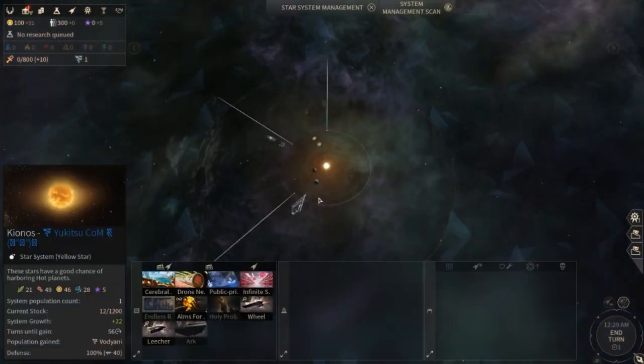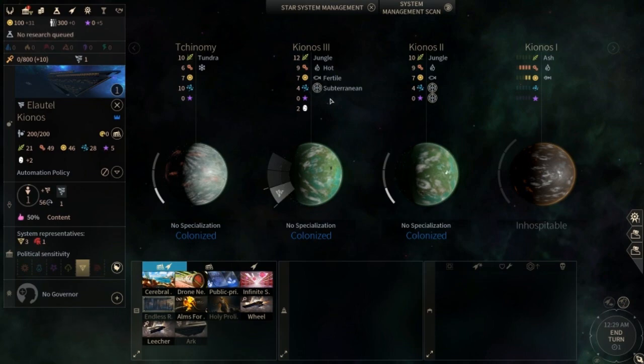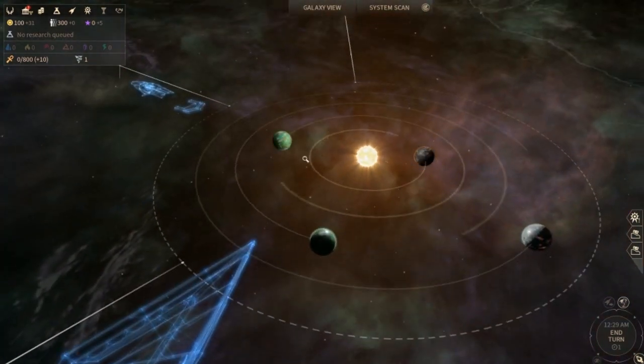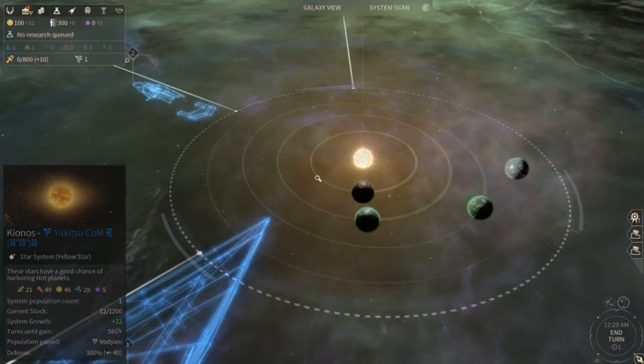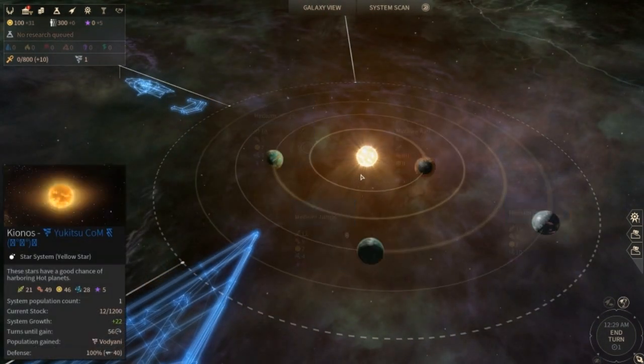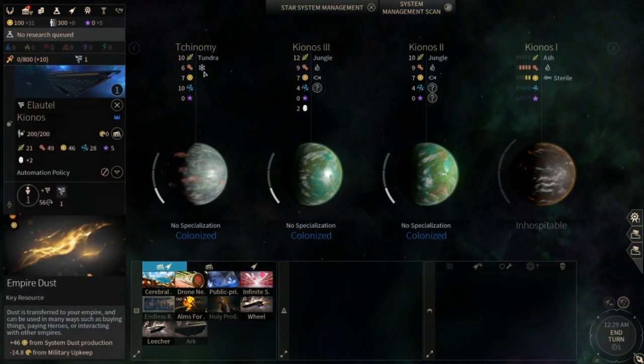So this is what we would at first blush consider to be a miracle start. It is the best possible sort of start, barring one small thing. Now, when you have 3 planets, there's an important difference here. So the first and most important difference in a 3-planet start compared to a 1-planet start is that we have dust from 3